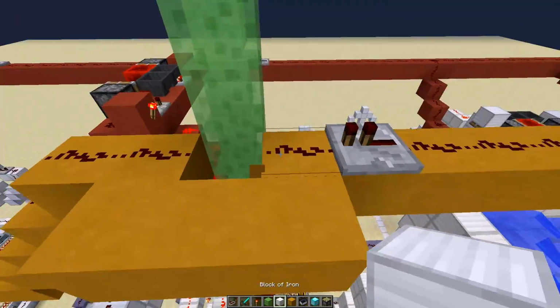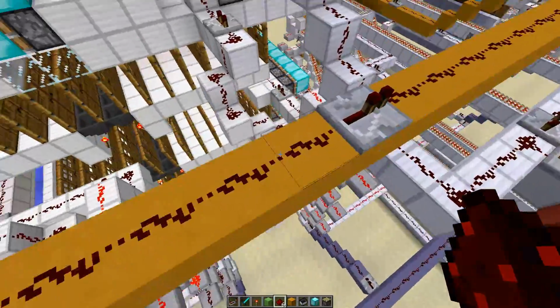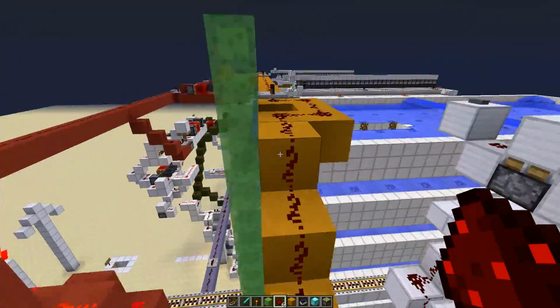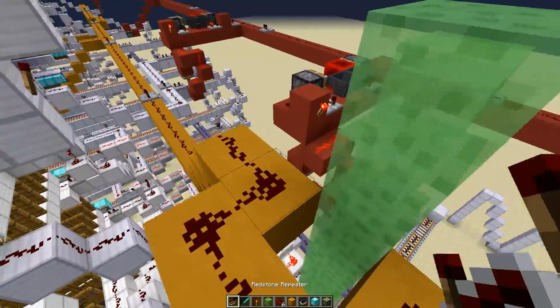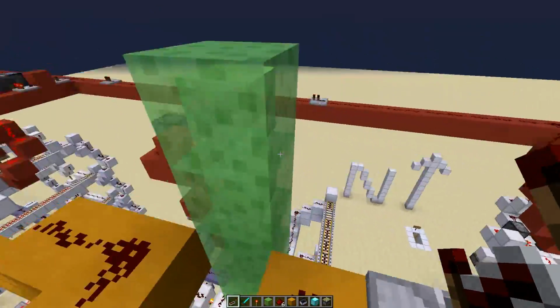I'll just make a little notch here and check that the signal still arrives. So 1, 2, 3, 4, 5, 6, 7, 8, 9, 11, 12, 13, 14, 15. Okay, it doesn't. So I just put a repeater in here. Then